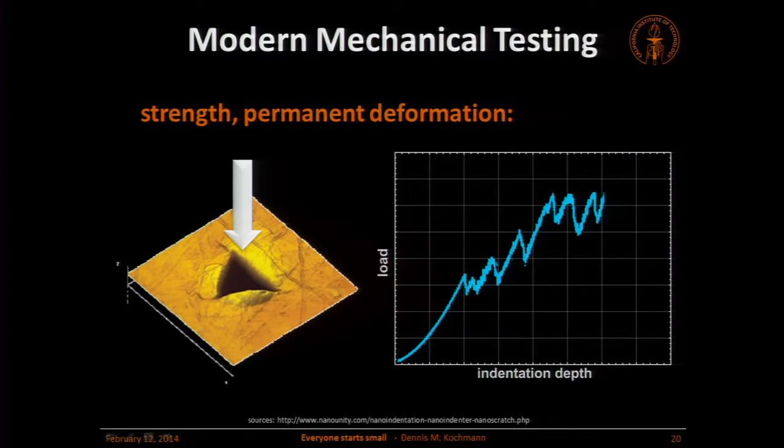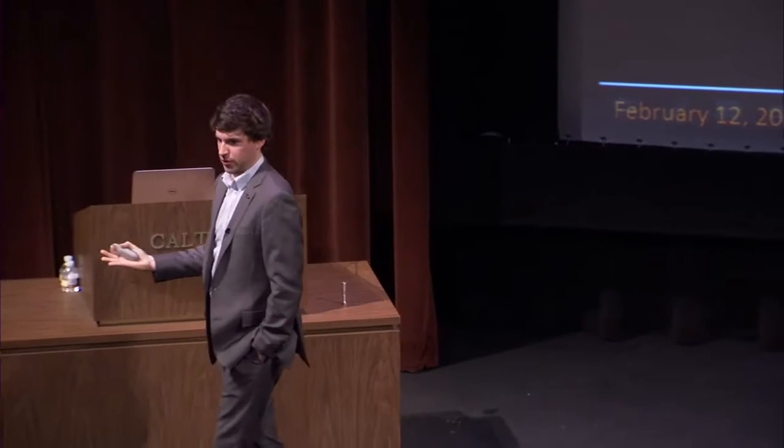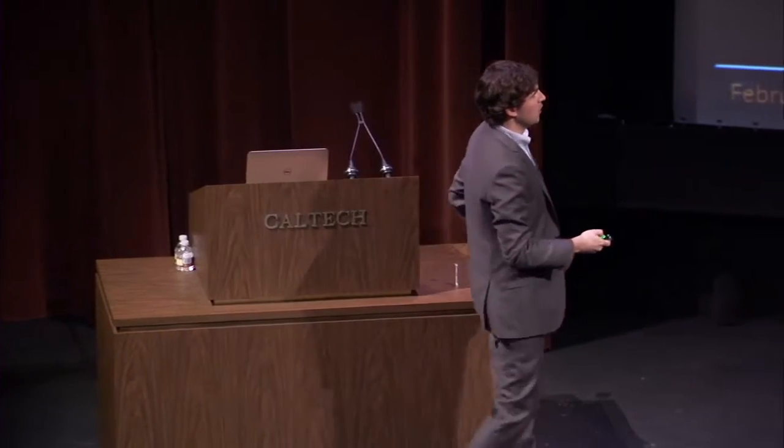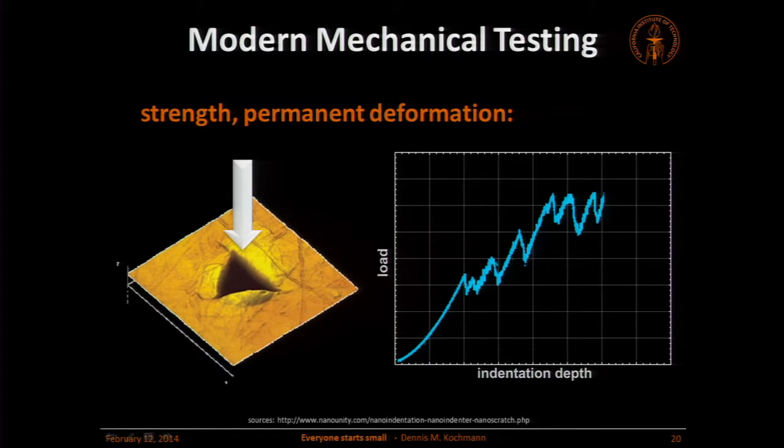There are many more ways you can measure these constants, and one way that people use nowadays is indentation tests. What you do in indentation is you basically take a very tiny poking device and you poke into the material. It has a number of advantages. It doesn't destroy the specimen, and you can also measure the properties locally. You don't have to test the whole specimen. At each point where you want, you can poke into your sample and measure what happens. What you get, for example, is the load that you need to punch into the material versus how deep you can go, the indentation depth.